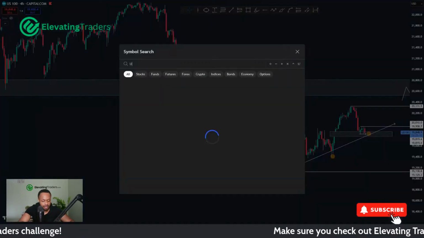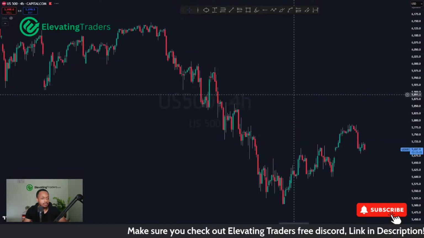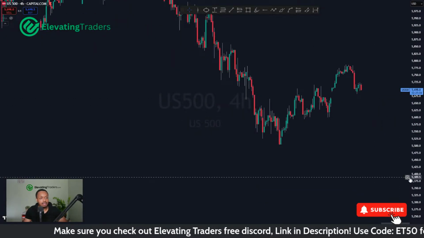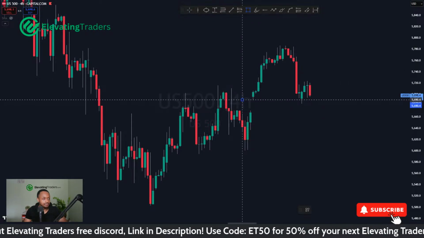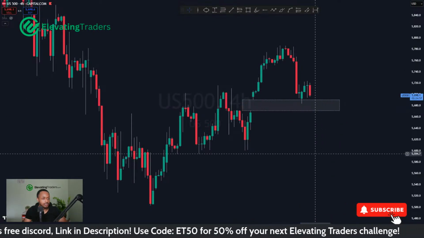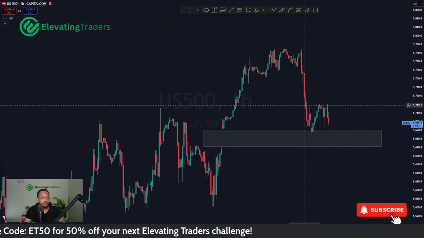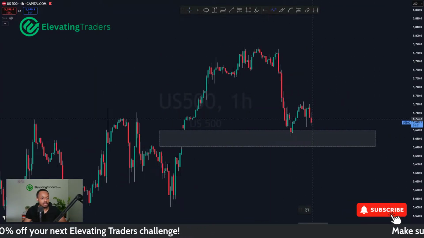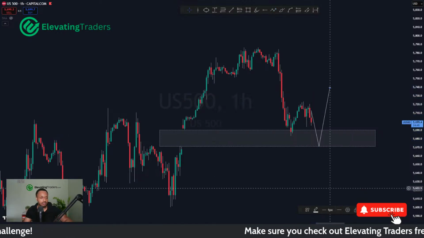How's S&P shaping up as well? Are we doing the same thing? Yeah, it looks like we're doing the same thing. We've still got the gap there as well. And we're looking pretty bearish at the moment too. So again, yeah, price action looks pretty identical, to be honest. We could be doing something like that.